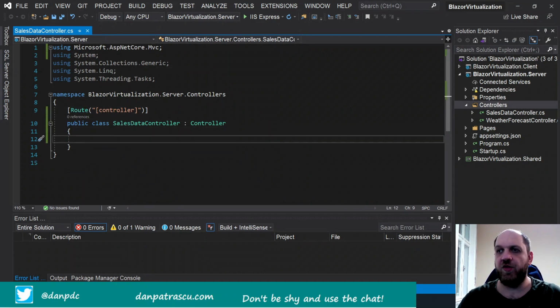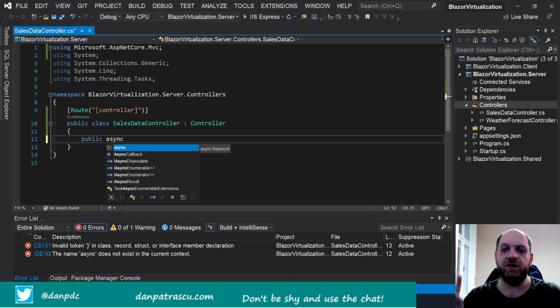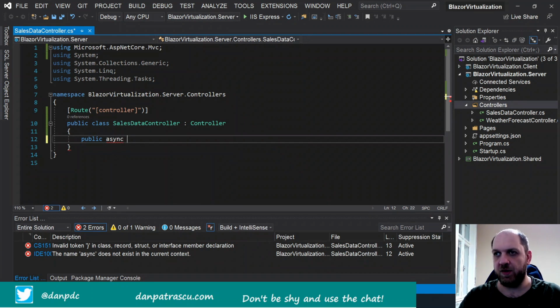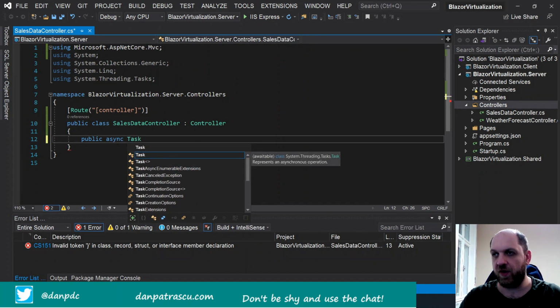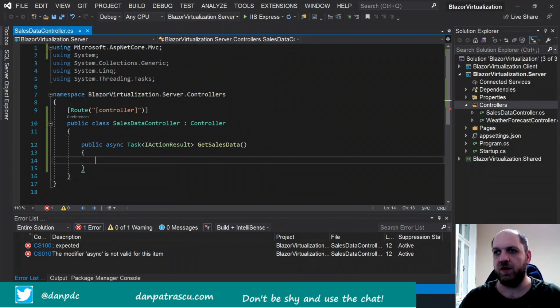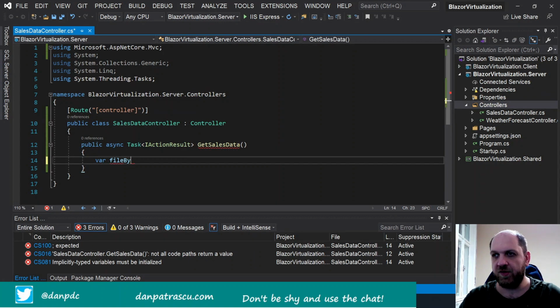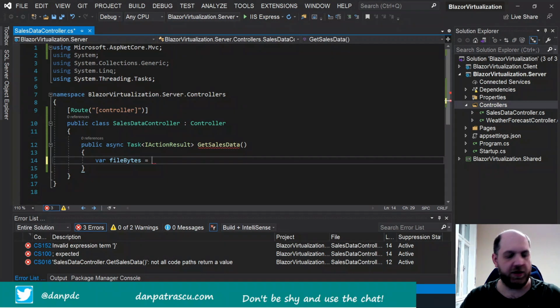And here we'll have a very simple method. It would be public, it would be async, because we want to read the file, so we will do this asynchronously. It will return a Task of IActionResult, of course. And let's call it GetSalesData. We don't need any incoming parameters. Then what we'll do first, we will have to read the file as bytes. So we'll have var fileBytes, and this would be equal to await